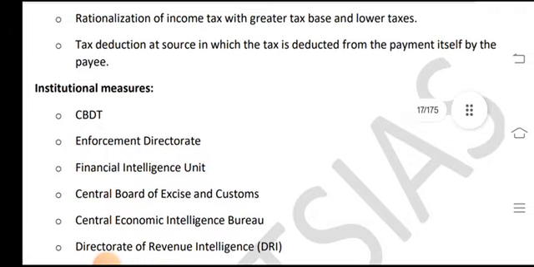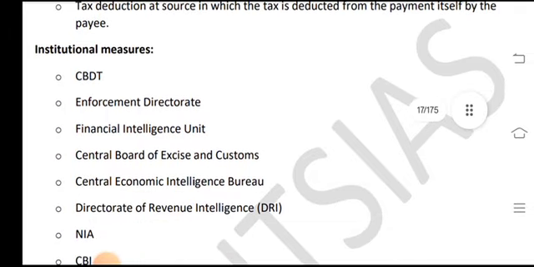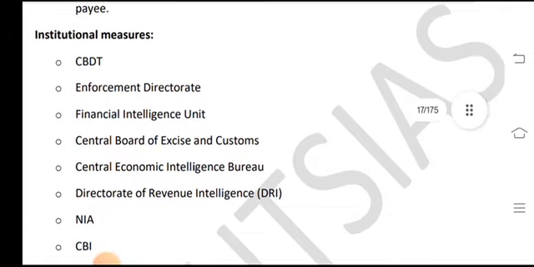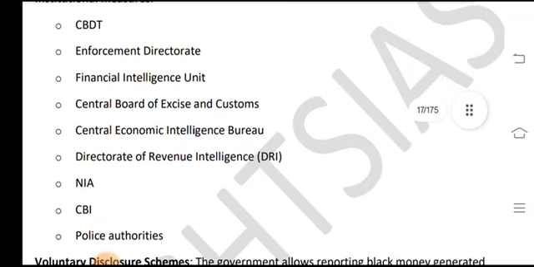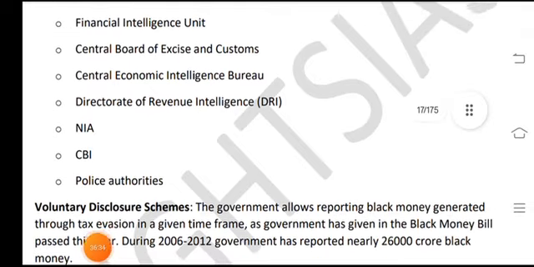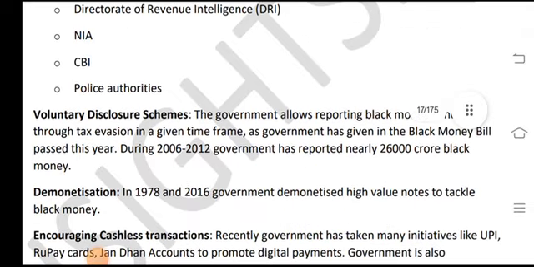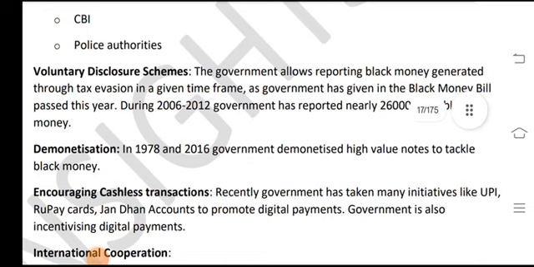Institutional measures: CBDT, the Enforcement Directorate, the Financial Intelligence Unit, the Central Board of Excise and Customs, the Central Economic Intelligence Bureau, the Directorate of Revenue Intelligence (DRI), NIA, the CBI and police authorities. Voluntary disclosure schemes: the government allows the reporting of black money generated through